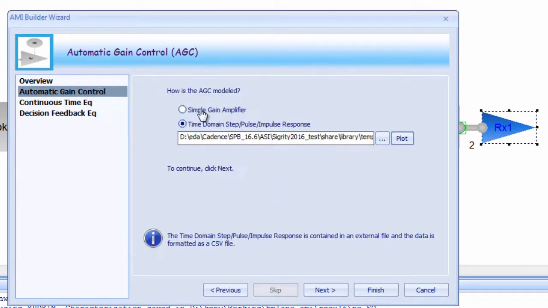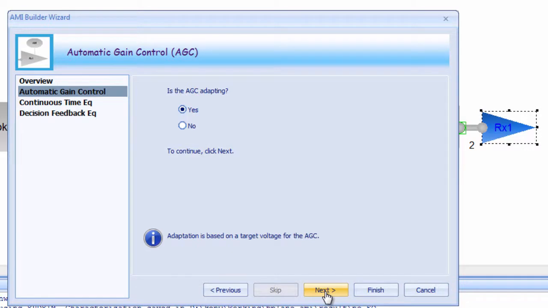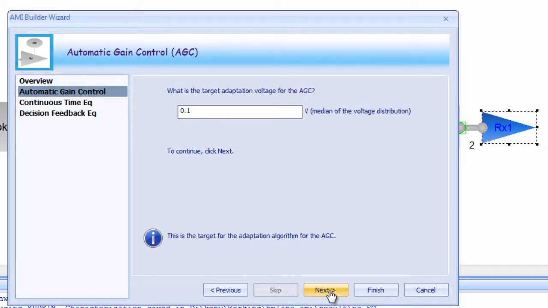If you hit the plot button, you can even look at a display of the waveform. For our case, we're going to model the AGC as a simple gain amp and allow it to adapt throughout the simulation. The target adaptation voltage is set for 100 millivolts. This means that the algorithm will attempt to make the median of the voltage distribution at plus or minus 100